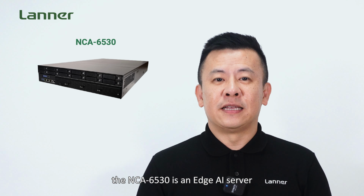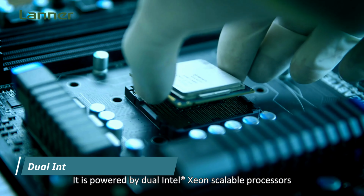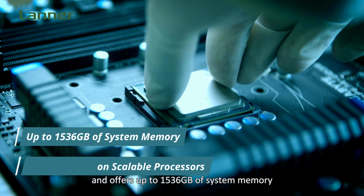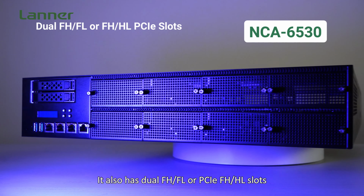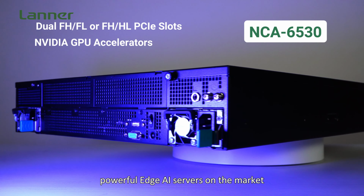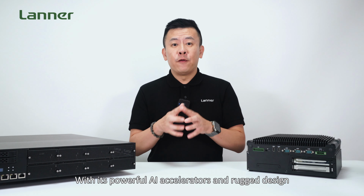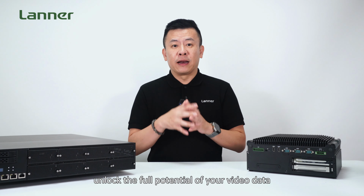For high-performance edge AI servers, the NCA6530 is an edge AI server that is designed for the most demanding AI applications. It is powered by dual Intel Xeon scalable processors and offers up to 1.5 terabytes of system memory. It also has a full height full length or PCIe full height half length slot for integrating GPU accelerators such as the NVIDIA A30, making it one of the most powerful edge AI servers on the market. Lanner's edge AI hardware is the future of video processing. With its powerful AI accelerators and rugged design, Lanner's edge AI hardware can help you unlock the full potential of